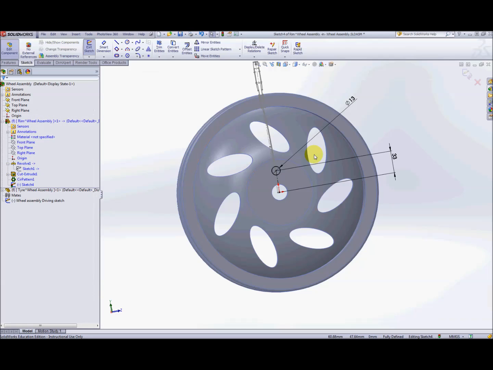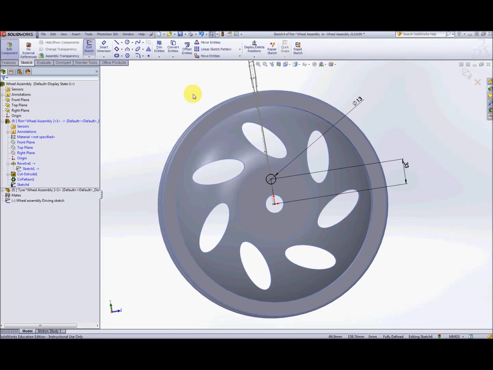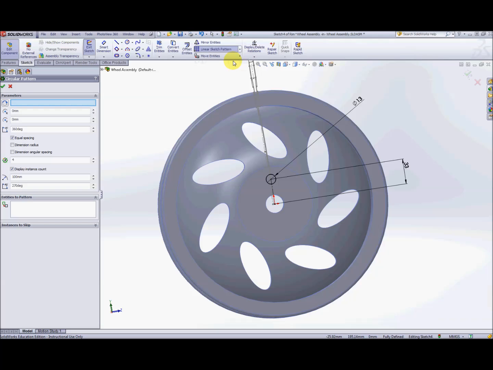Now this time, rather than making a cut extrusion and then making a circular pattern from that cut extrusion, we're going to make a circular sketch pattern. This circular sketch pattern menu item is found underneath the linear sketch pattern button. So select that. Now the first thing you'll need to do is to go down to where it says entities to pattern and just select your circle. By default it will put the center of rotation on the origin,